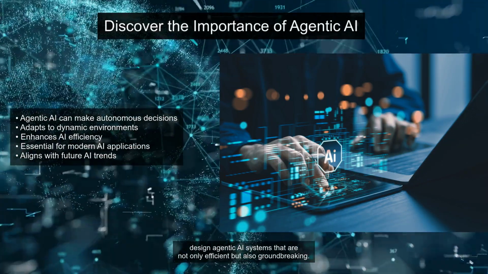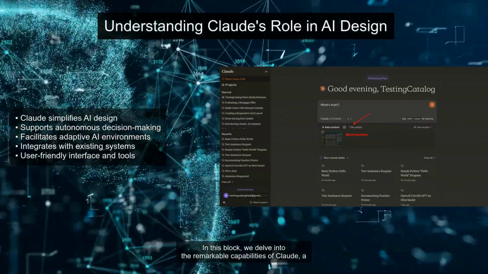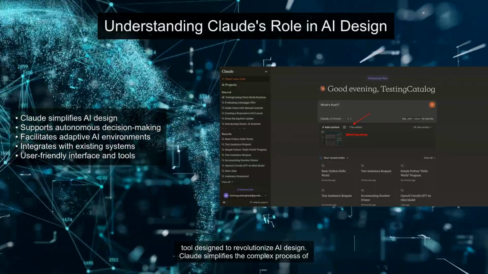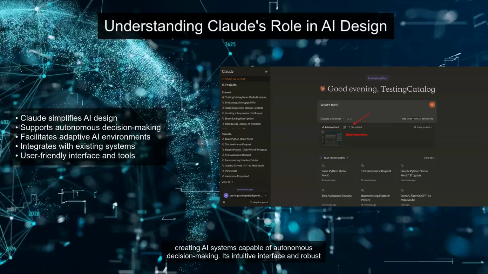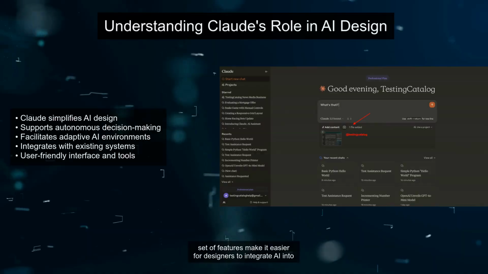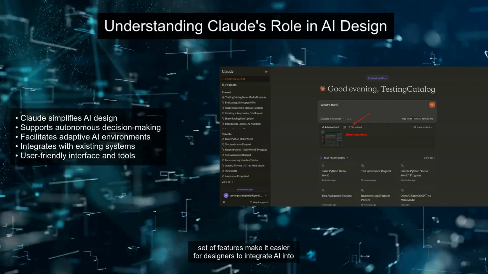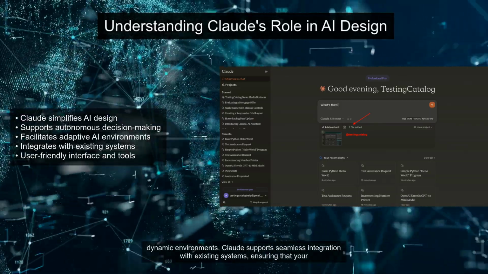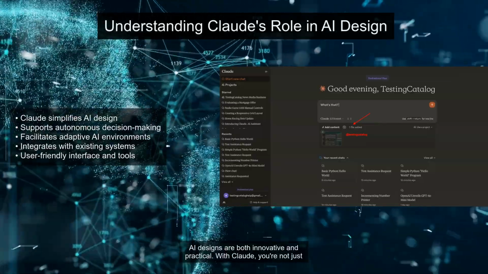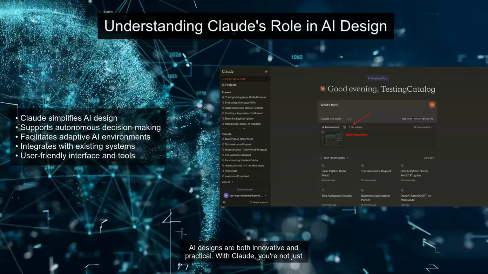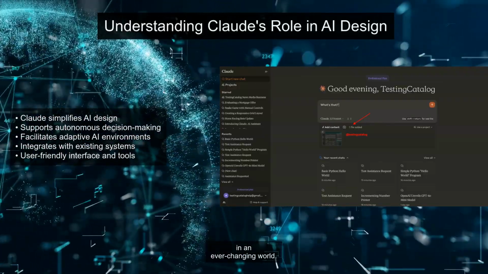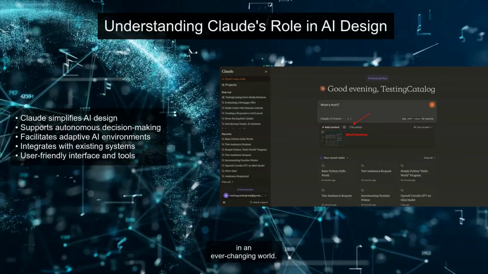but also groundbreaking. In this block, we delve into the remarkable capabilities of Claude, a tool designed to revolutionize AI design. Claude simplifies the complex process of creating AI systems capable of autonomous decision-making. Its intuitive interface and robust set of features make it easier for designers to integrate AI into dynamic environments. Claude supports seamless integration with existing systems, ensuring that your AI designs are both innovative and practical. With Claude, you're not just designing AI, you're crafting intelligent systems that can adapt, evolve, and thrive in an ever-changing